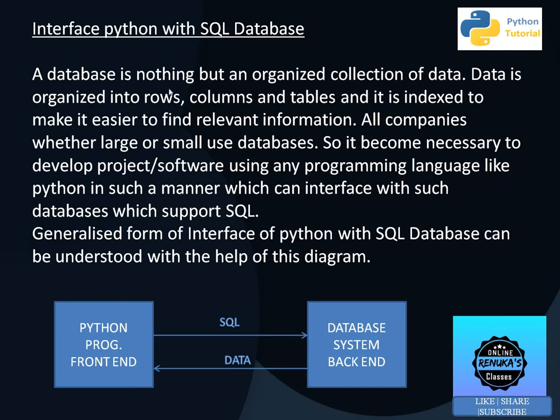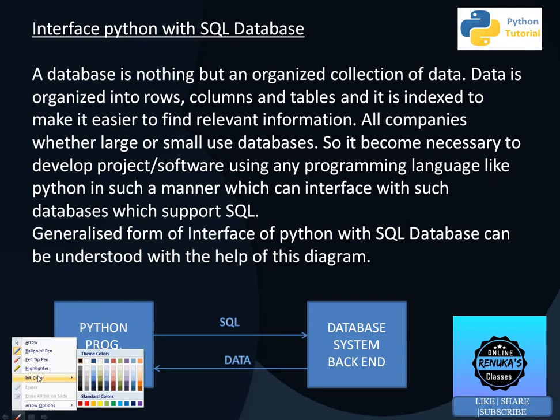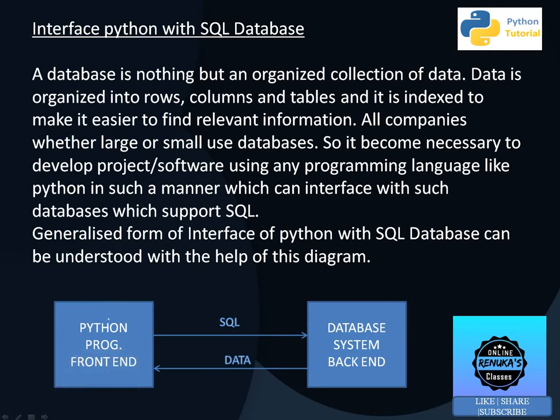So what is a database basically? It is an organized collection of data, and data can be organized in the form of rows and columns, which are known as tables, and these tables can be interrelated to each other. Many companies, organizations, malls, and schools have a huge database, and when this database is related to some programming to make a complete software, that is known as database connectivity.